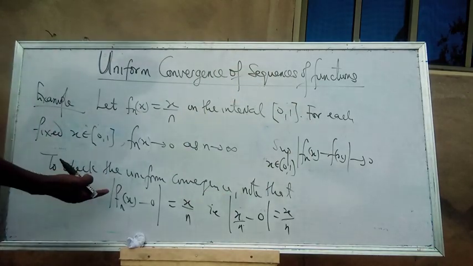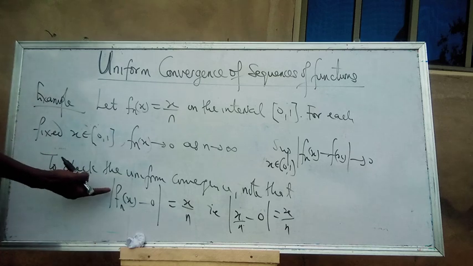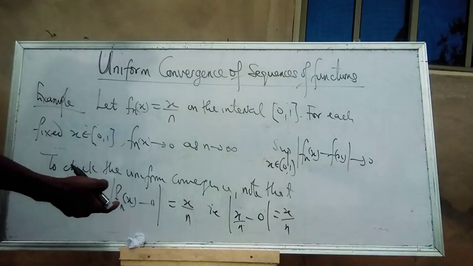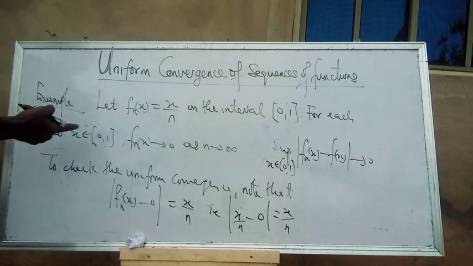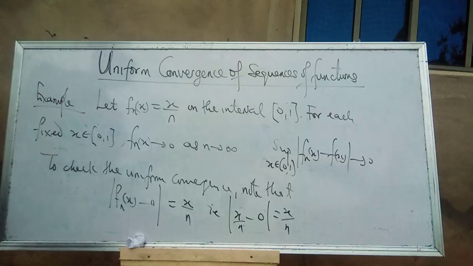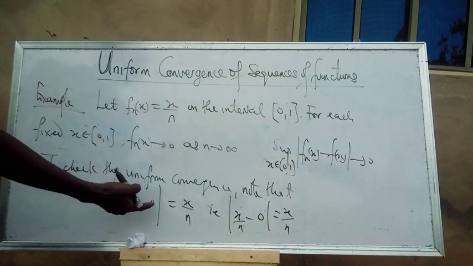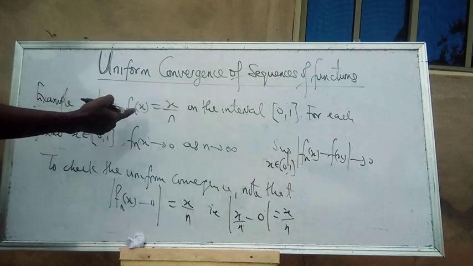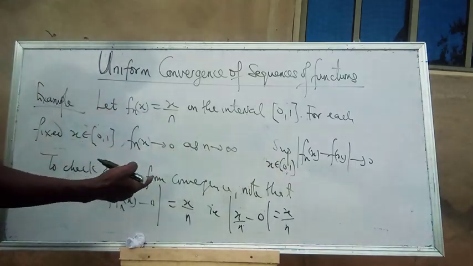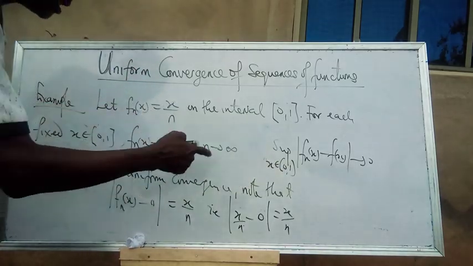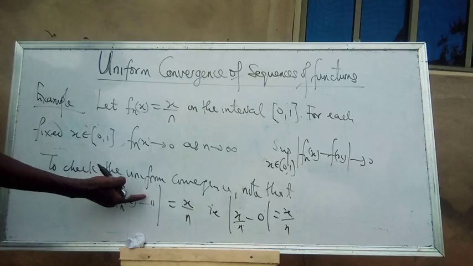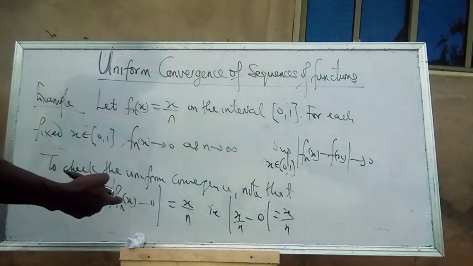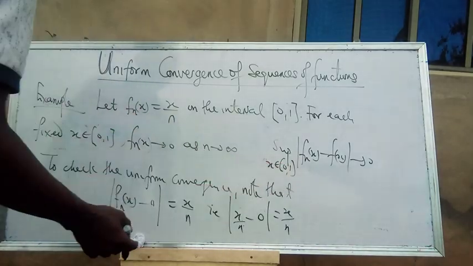So if f of x is 0, that means fn of x minus 0, which is f of x, is equal to x over n. Another way of looking at this, suppose we pick 0 as our x, 0 all over n is 0. If you are considering that f of x is tending to 0 and x is 0, that will be 0 over n, which is 0. So the absolute value of fn of x minus f of x, which is 0, is equal to x over n. But generally, as a uniform convergence sequence of function, it is always defined this way.